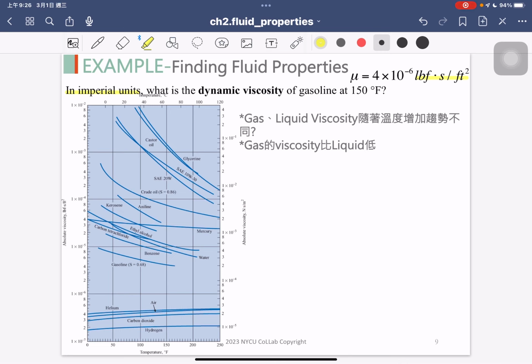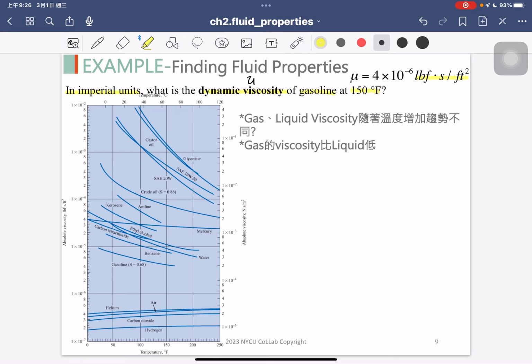And then the question is, what's the dynamic viscosity? So even though we don't know certain definition of the viscosity here, but we know that this is the mu, and we know we're trying to figure out the dynamic viscosity of what's the material is the gasoline, and what the conditions. The condition is under